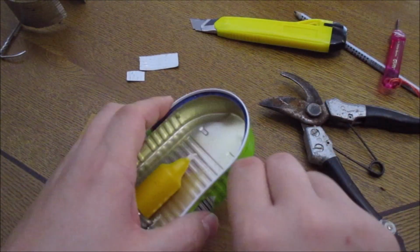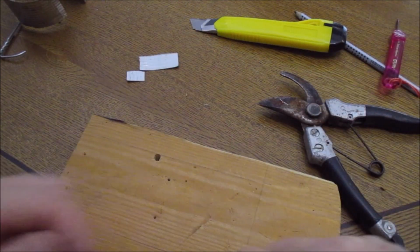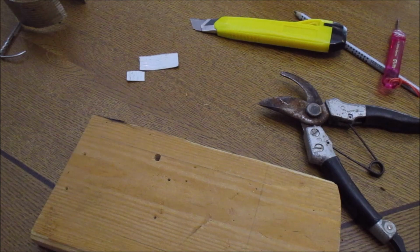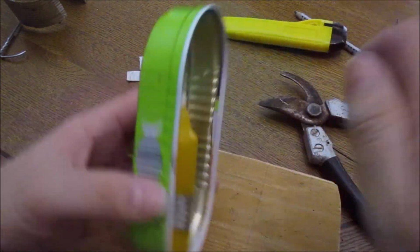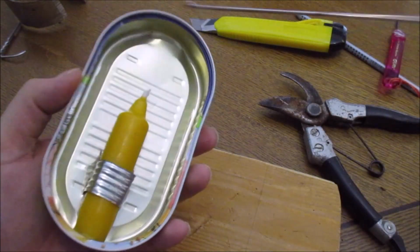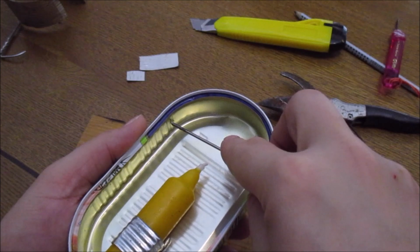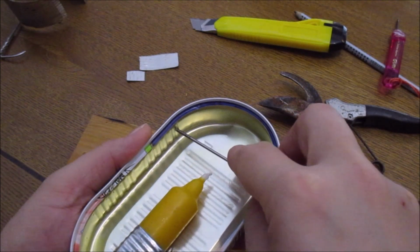So, widen the hole a bit. Dropping it, like I said, mistakes won't be edited out here. Perfect. And now we're going to the hole here, from the inside,